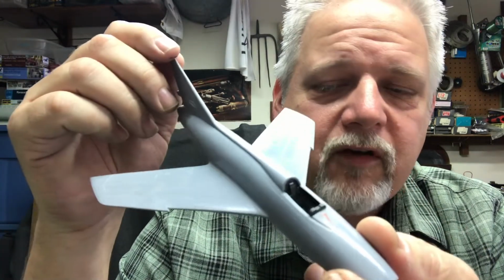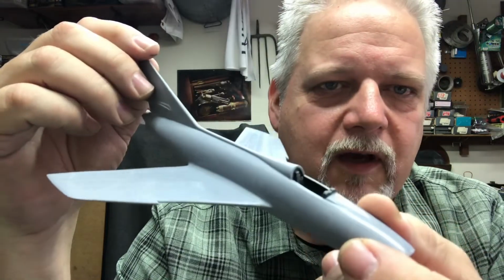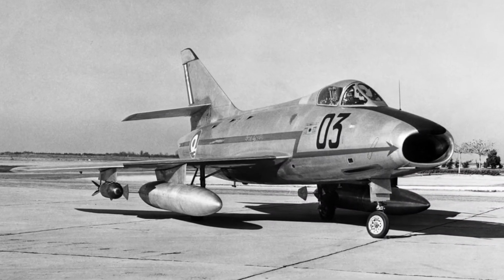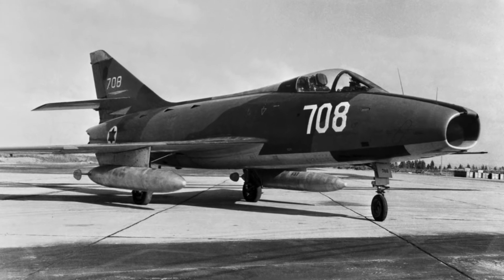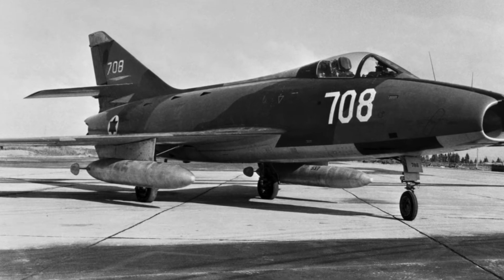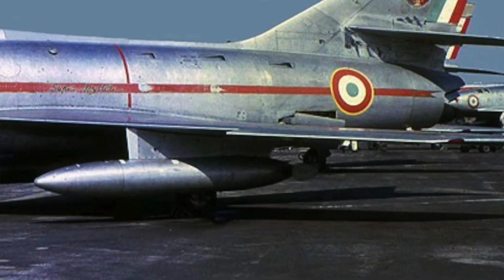The one thing this kit doesn't give you is drop tanks, and this is a very distinctive aircraft in terms of its deployment. You see it frequently in photos with drop tanks, and those drop tanks are peculiar. They have little finlets on the tail, and so you're going to have to either scratch build those, source them elsewhere, or buy an Airfix kit and use those drop tanks. I'm going to give a hand at scratch building these when I get to that point,